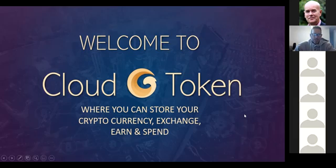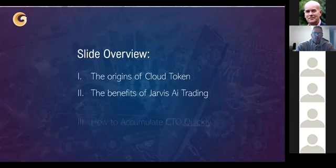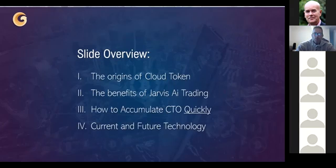Cloud Token is a wallet on your phone where you can store your cryptocurrency. You can exchange it for other cryptocurrencies, which is also happening any day now. And you can also earn reward tokens on there and spend them as well. So it's like a mini ecosystem. I'm going to run through the origins of the token, the benefits of our Jarvis AI trading bot, how you can accumulate our Cloud Tokens quickly, and current and future technology that the company has and is